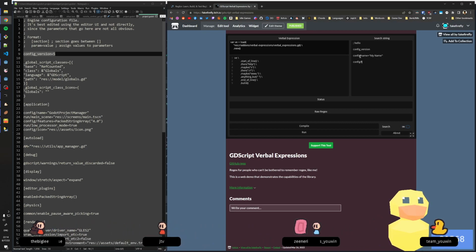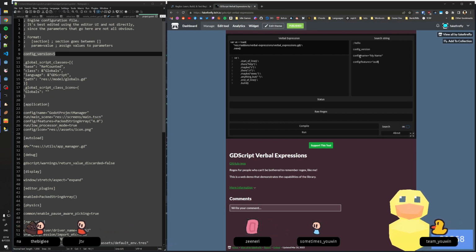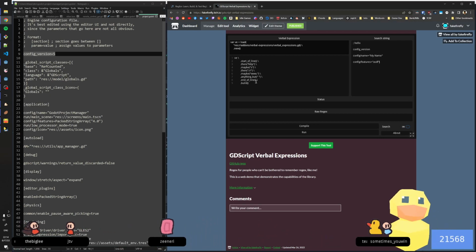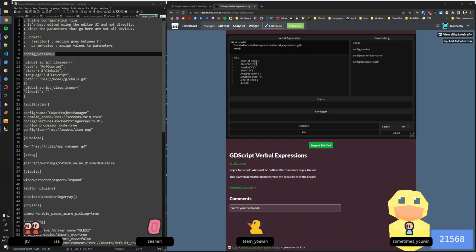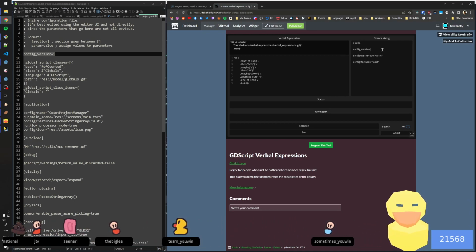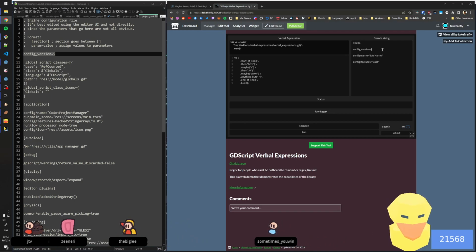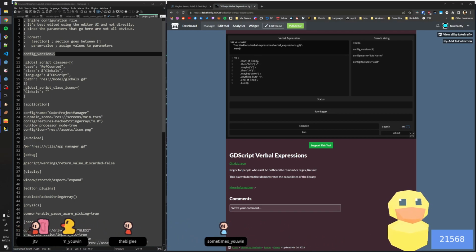Config features. All right. So then let's see. Start of line, then config version, and then we're looking for just a number. This will actually give me the raw regex, which is why I'm using this right now. Config version